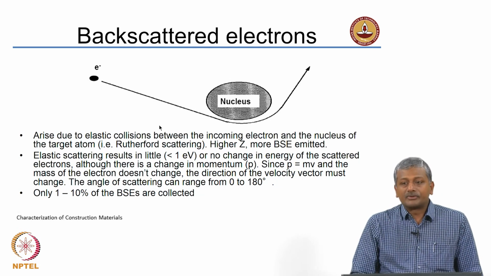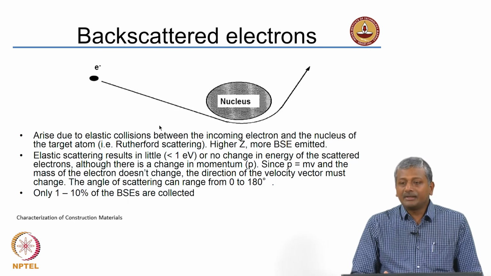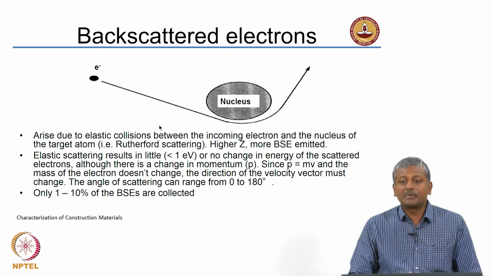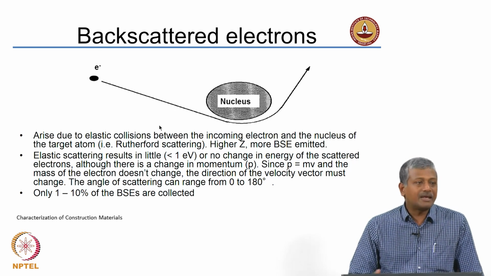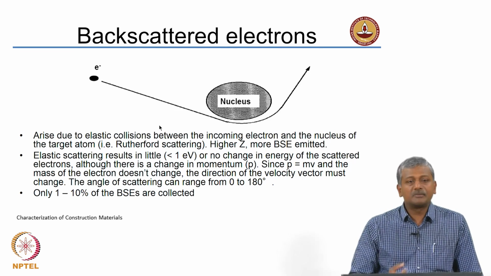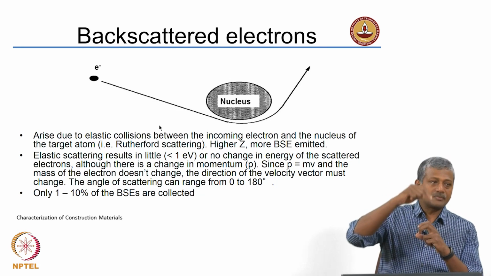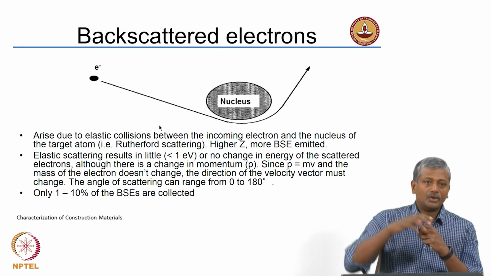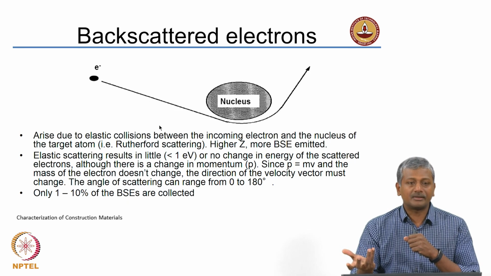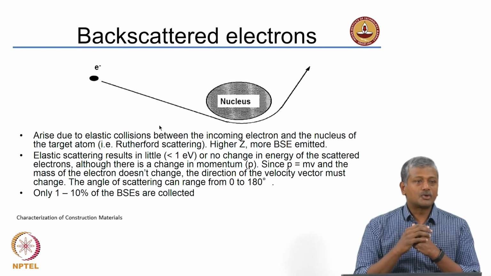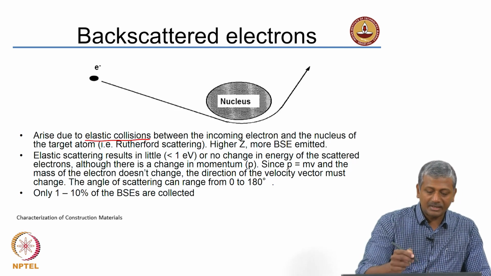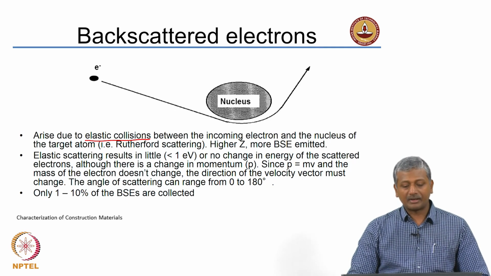What about backscattered electrons? Now, we are talking about scattering of the incoming electrons by the atomic regions of the sample. That means the atoms of the sample are scattering the incoming radiation. Scattering can happen in all directions, but you know that the heaviest part of the atom is the nucleus, and when this incident electron comes and gets scattered by the nucleus, there is a good chance that you get a completely elastic scattering, because electron mass compared to nucleus mass is negligible. So, if it hits the nucleus, it is going to get scattered quite significantly back in the same direction. Basically, these are elastic collisions that arise between the incoming electron and the nucleus of the target atom.